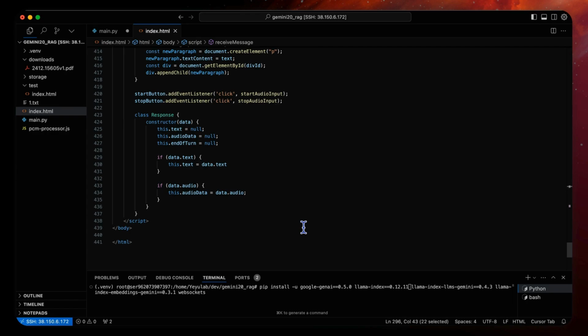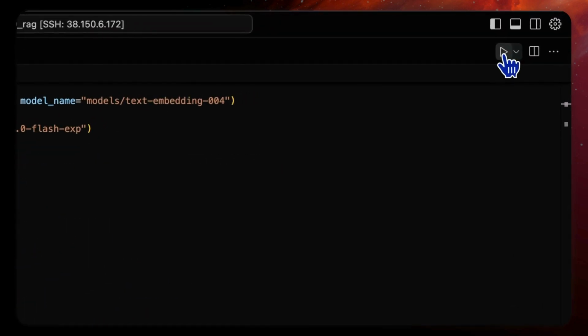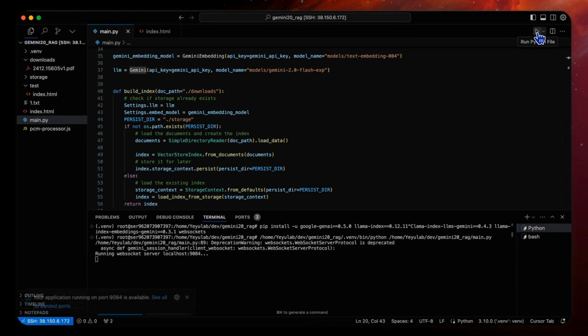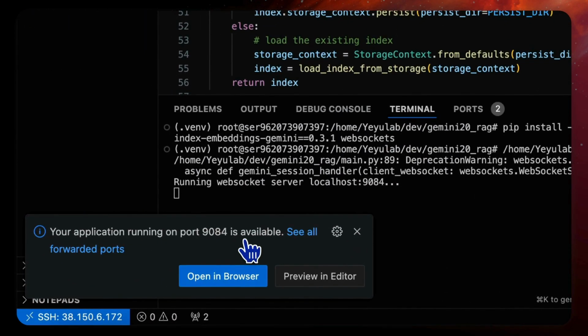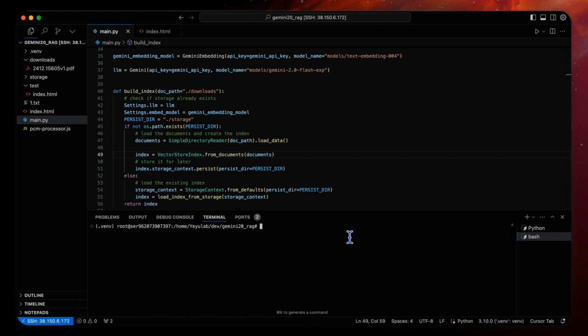Now we can run the app. The procedure to bring up the web app is still the same, and very simple. Start the WebSocket server by running the Python file. Let's run it. You see your application running on port 9084 is available. Okay, that's successfully done. Now let's start the client by running the Python command